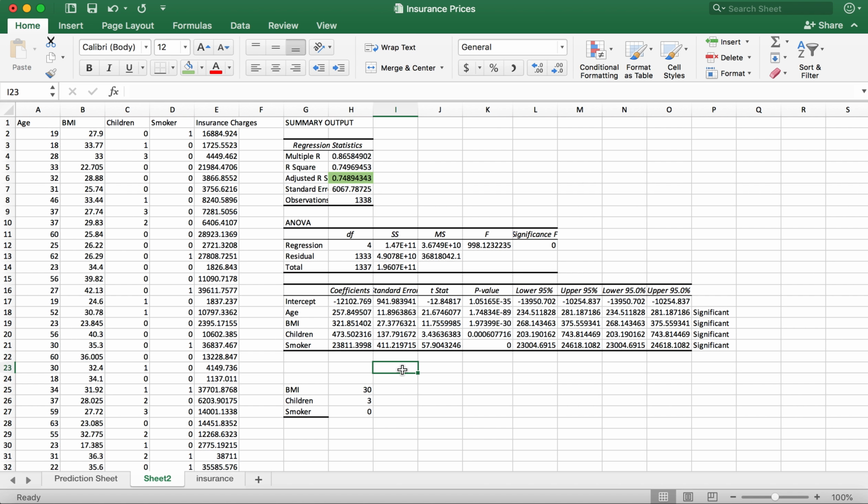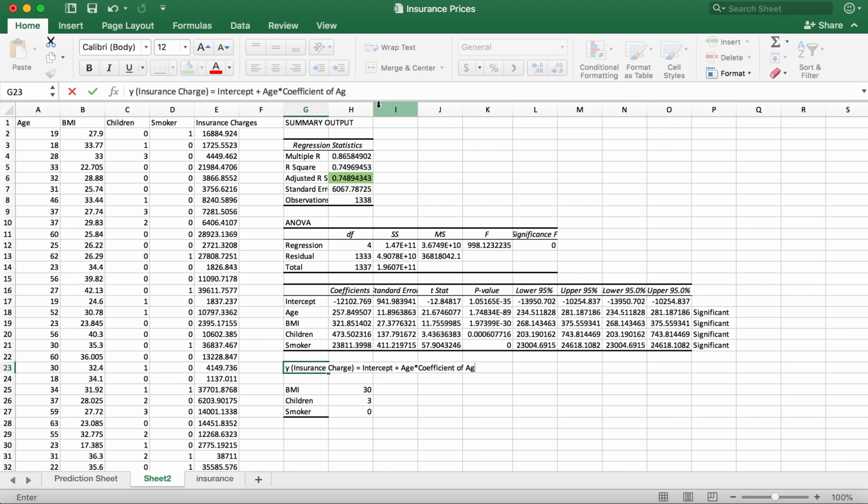In a prediction model, the setup for that is Y, which is nothing but insurance charge, is a function of, or depends upon, the intercept plus age times the coefficient of age. I'm going to just copy that, since we'll be using the term coefficient many a time, plus BMI times, of course, the coefficient of BMI, plus next is children,